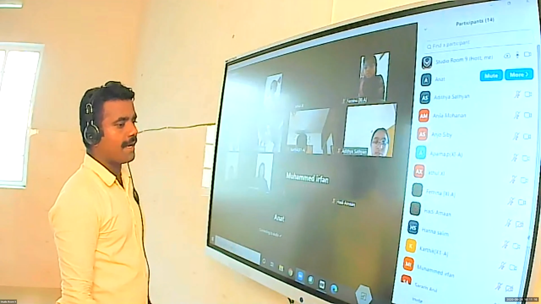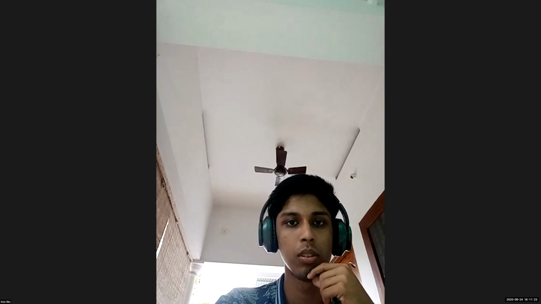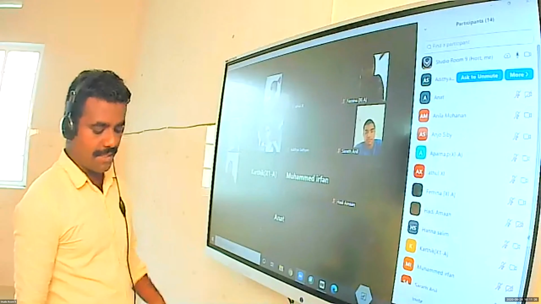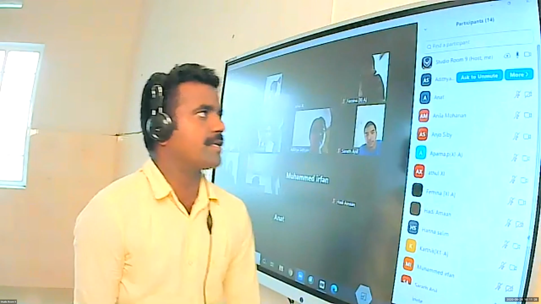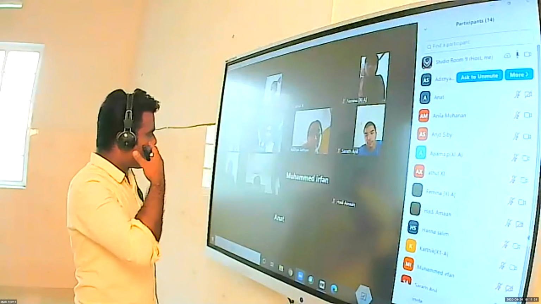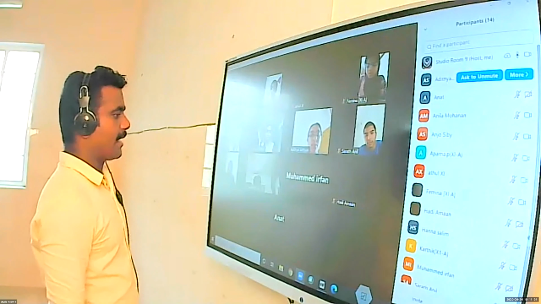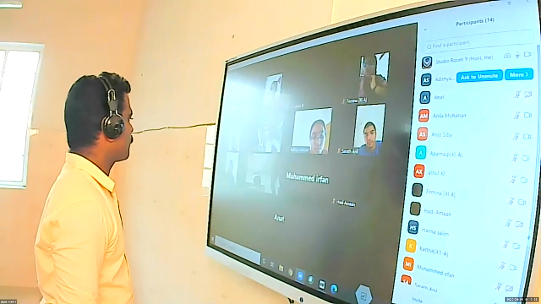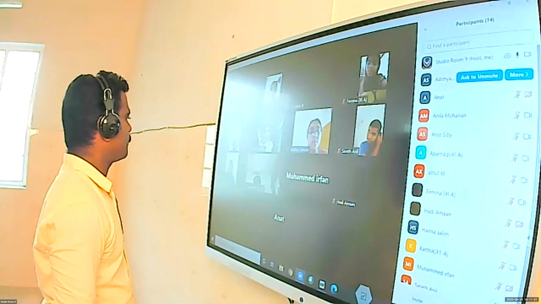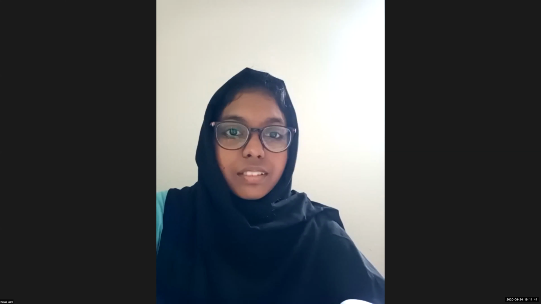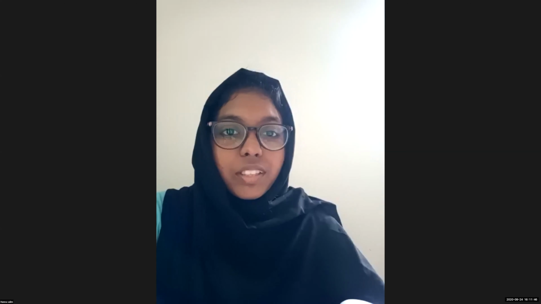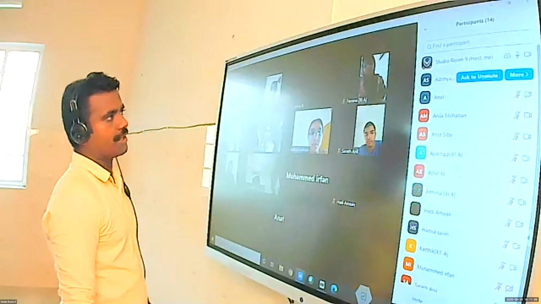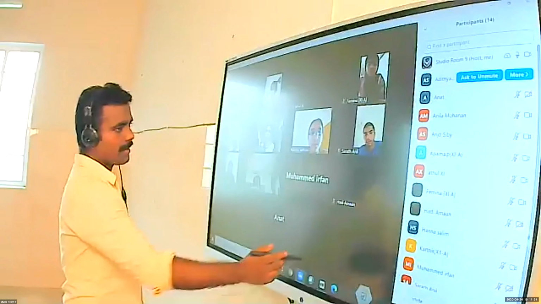What do you mean by contra entry? Anjo, what do you mean by contra entry? The entries which appear on both sides of the cash book. Yes, very good. An entry which will appear on both sides of the cash book is known as contra entry. Example of contra entry, Hanna. Cash deposited into bank, then cash withdrawn from bank.